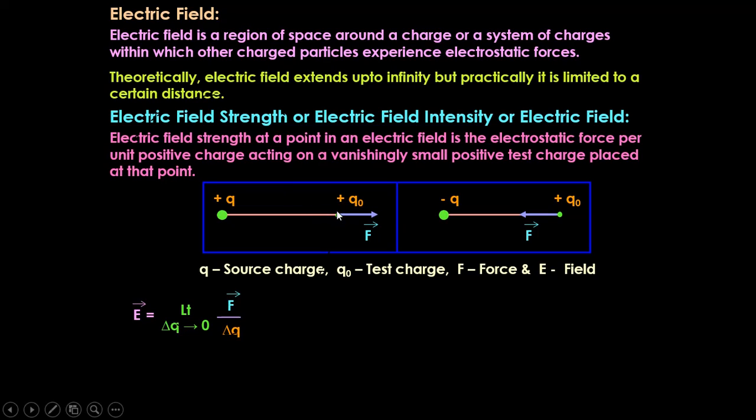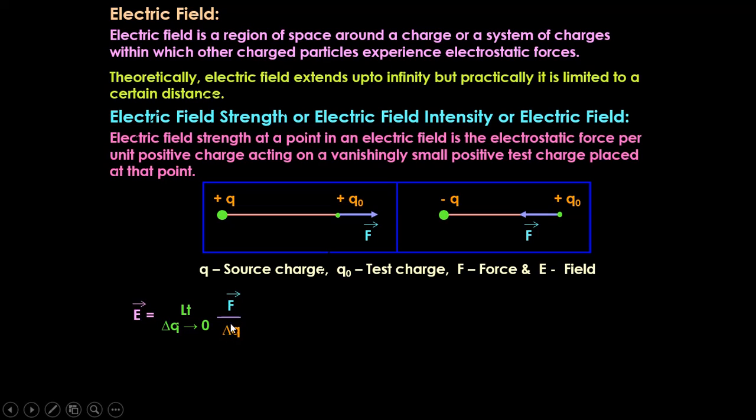It is nothing but the electric force experienced by a unit test charge, when this unit test charge is taken very small. How do we write this mathematically? E equals F. By definition, electric field is nothing but electrostatic force when this small test charge is taken very small. So mathematically, electric field is equal to electric force